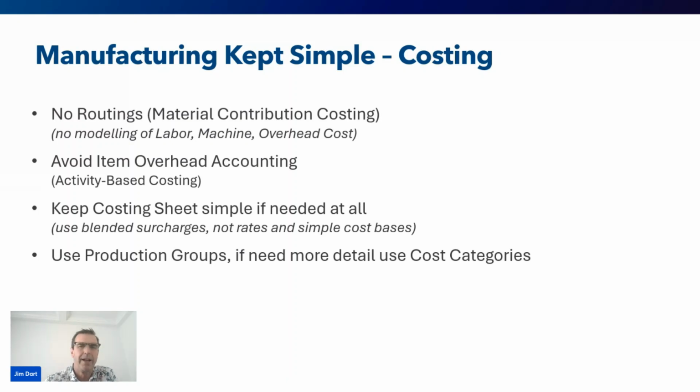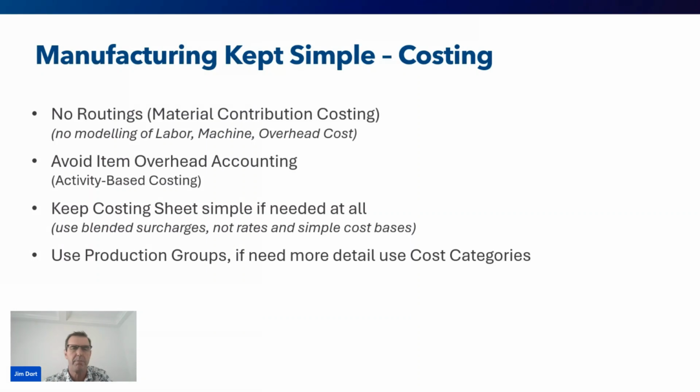Avoid item overhead accounting. This one is fairly interesting to me, having been now in the industry 25 years or so. There was this accounting theory that was popular, if I think back to the 90s and the early 2000s, called activity-based costing. You set up a bunch of cost drivers. It's going to perfectly model all the costs that go into an item. And